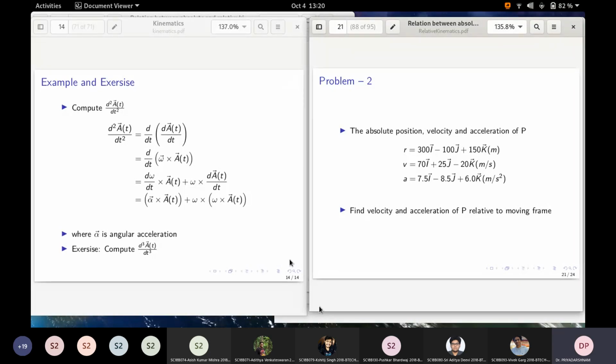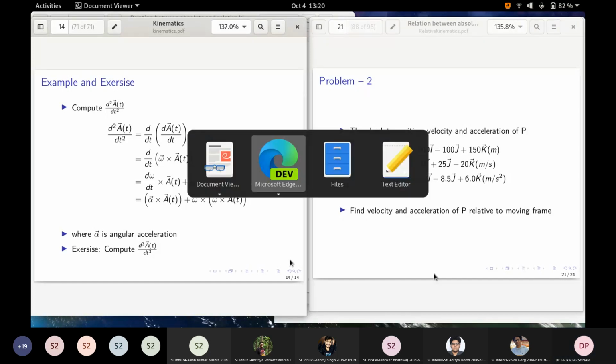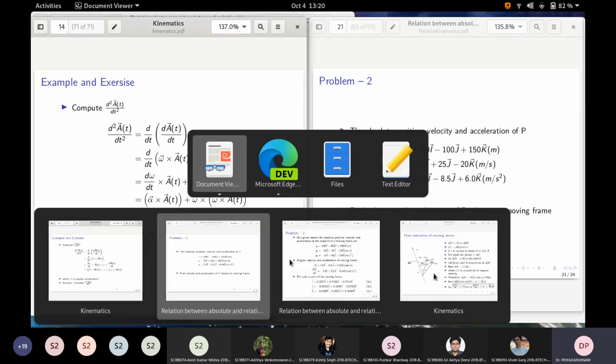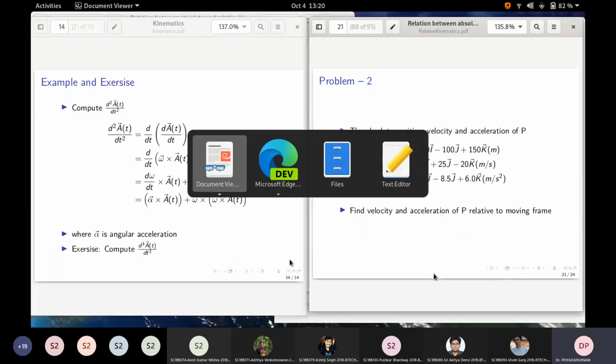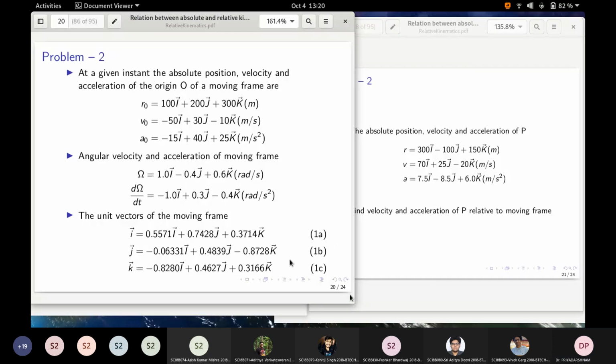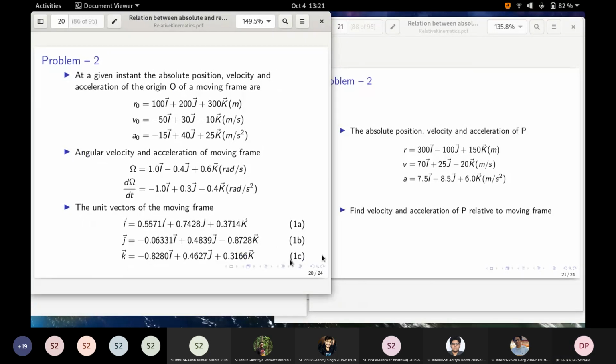At least can you explain the strategy to find it? One of you can explain the strategy. I will move ahead quickly. Basically, you look at that complicated expression. From there, you have to find out the relative components. That's all.